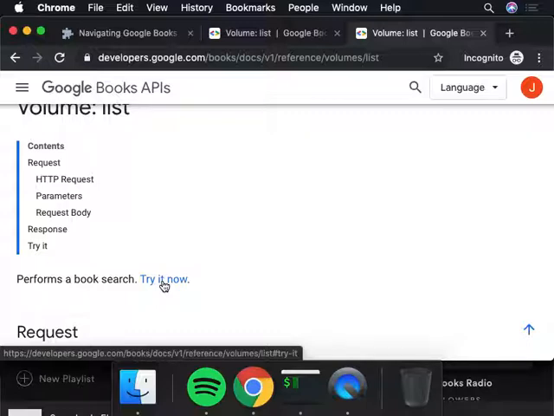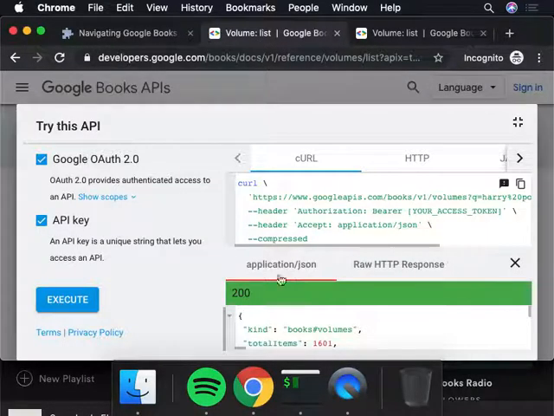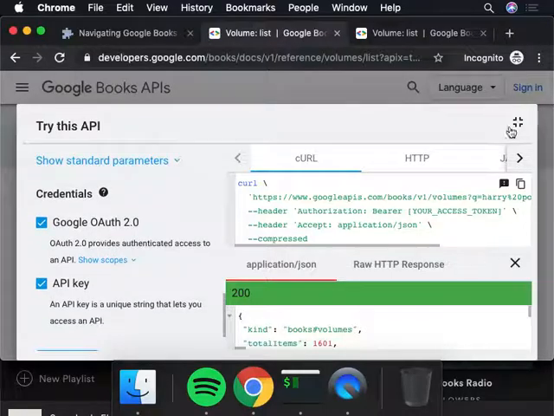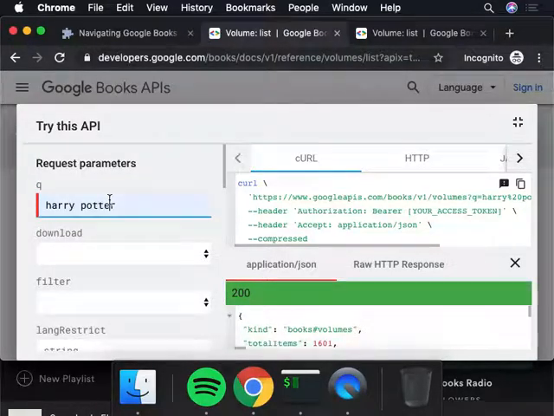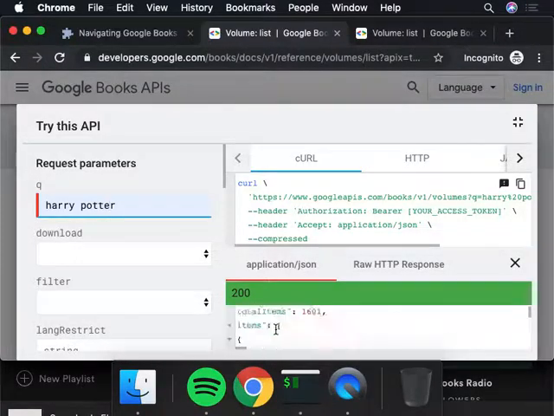All right. So if you're able to look off of somebody else's screen, that's great, by the way. So we'll do try it now, right? And what you see, what I did was I typed in Harry Potter. Just execute is all? Exactly. And then you're going to have to log in because it requires, I know, it's a little annoying, but it's because Google requires that. But anyway, I'll show you a way to get around that.